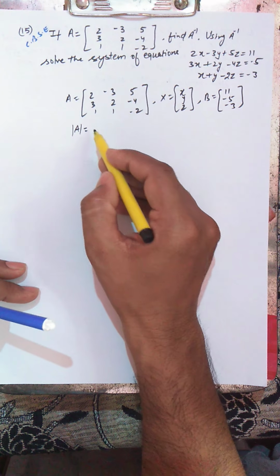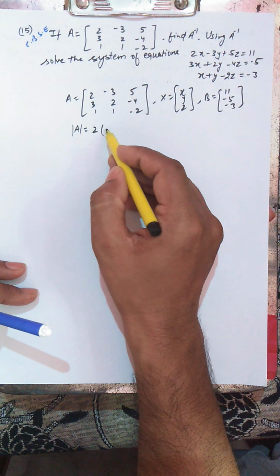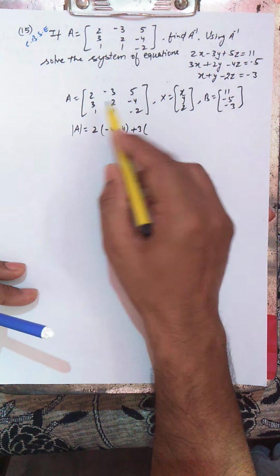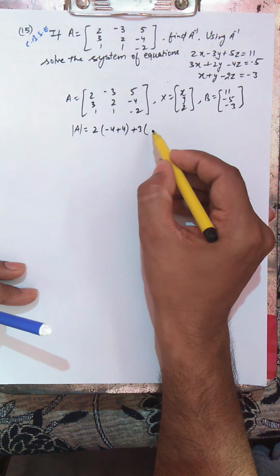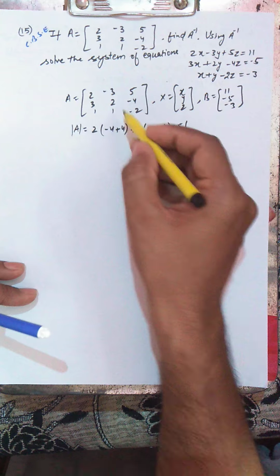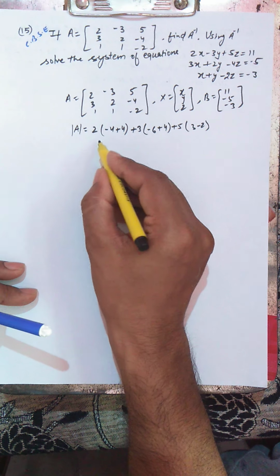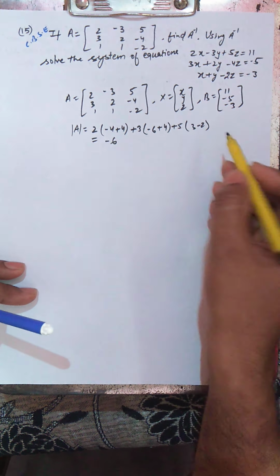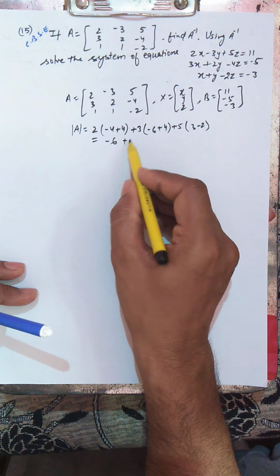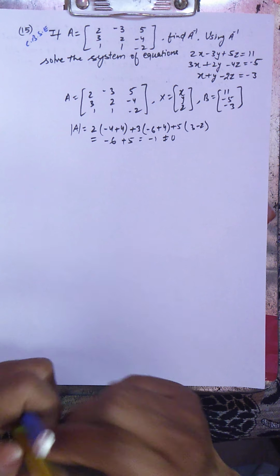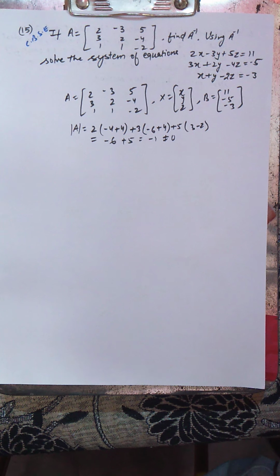Determinant of A will open with the help of the first row, 2. This is minus 4 and this becomes plus 4, so this is 0. Then minus, minus, plus 3, so 3 times 3 minus 6, and then minus plus, and last 5, so this goes 3 and minus 2. Ultimately this is 0, and this is minus 2 and this is 3. So it becomes minus 6, and this is 1 and this becomes 5. So your answer is minus 1. It means this is not equal to 0, so your inverse exists. We'll find the cofactors of this A, and after this we'll do the same as we have done earlier.